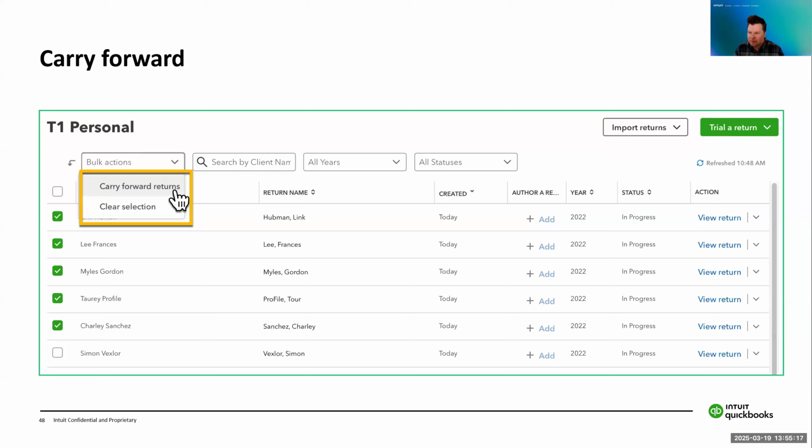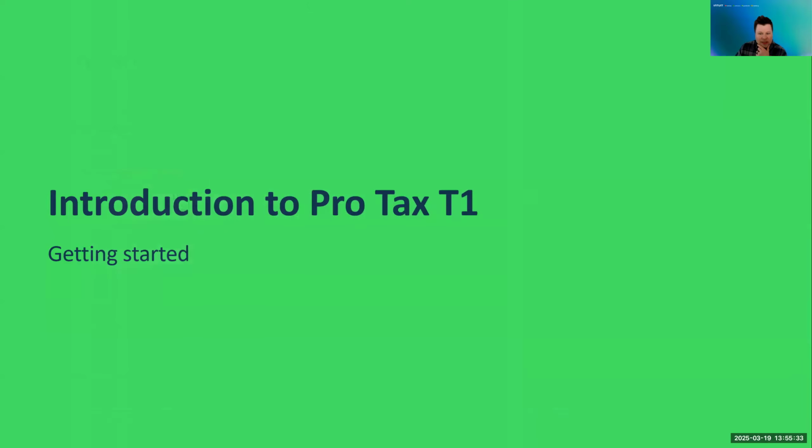Justin is asking about information from TurboTax to be imported. I think there is a way to do it from TurboTax as well. That is in the help section of ProTax, so you can get help in importing the different returns. And if I have a chance, I'll go to that today too.